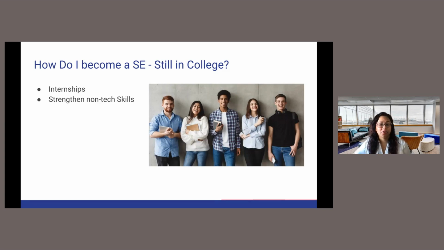As a sales engineer, not everything is technical. As I was telling you before, there are some soft skills that go in there. So if you're still in college, look for opportunities to start knowing how to do better presentations. Take on a project that requires problem-solving skills, team building activities, and anything that is going to help you become better with relationship building.